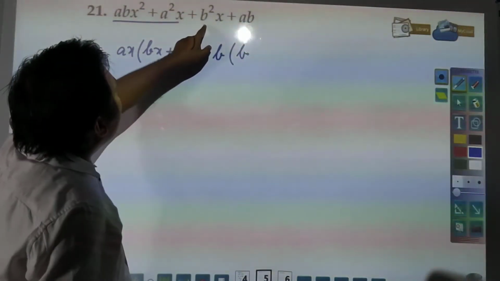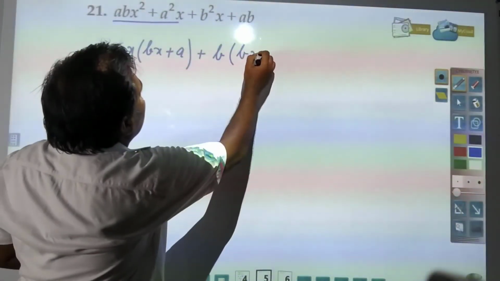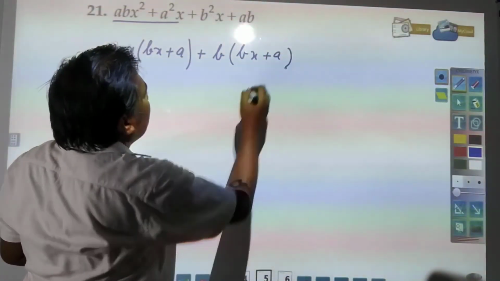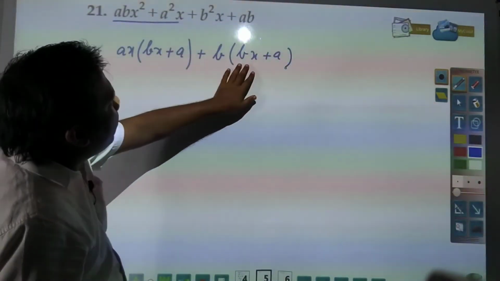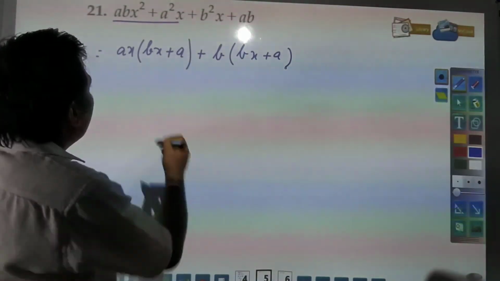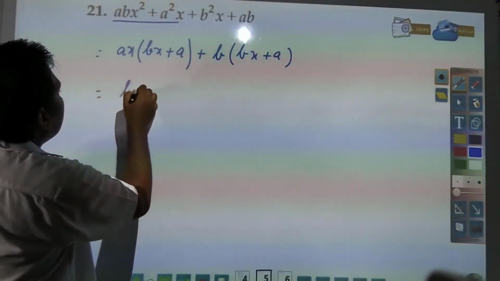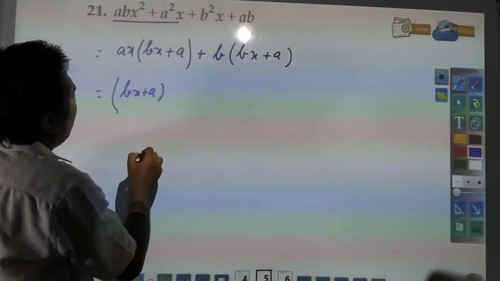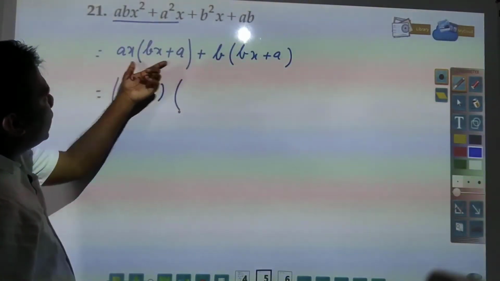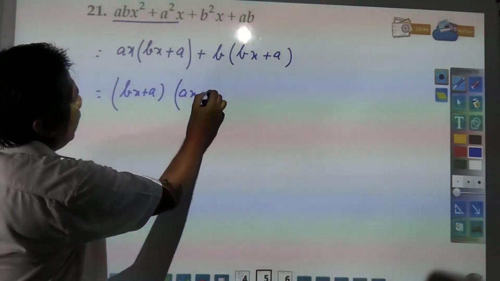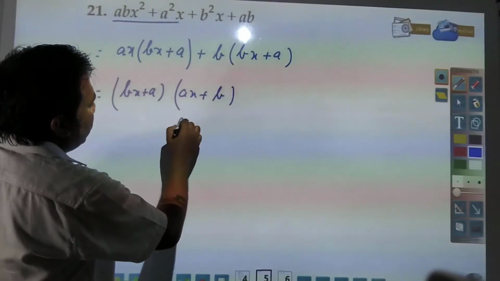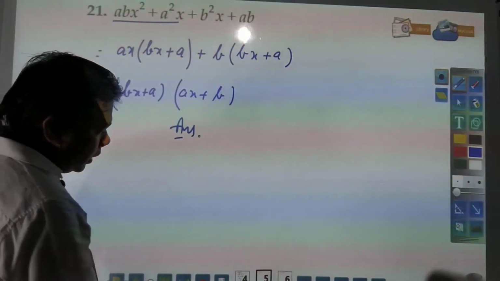b times x plus a. Now you see bx plus a and bx plus a you have common in both, so bx plus a can be taken out common, and you will be left with in this term ax and plus b, and this will be your answer. Next we will see